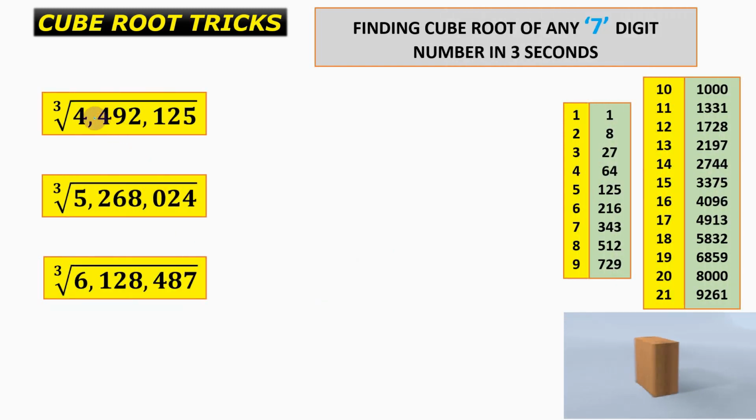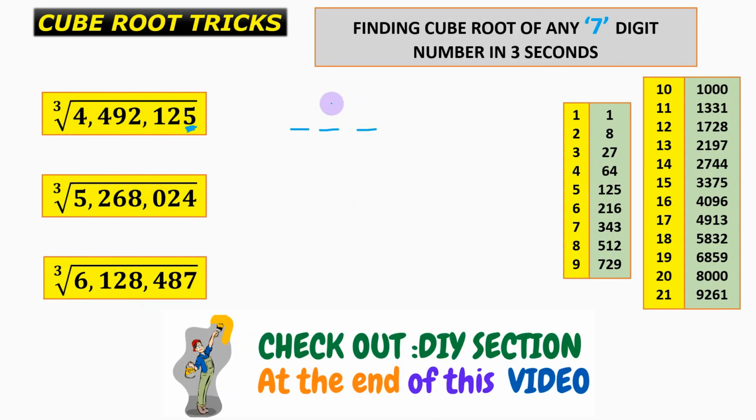Now the next 3 questions, that is cube root of this number, again go for the unit place. So for the unit place, you must remember that the unit place 5 occurs over here when the unit place of the cube root is equal to 5. Discard these 3 numbers, and now we are left with 4492, which lies between the cube of 16 and the cube of 17. So again picking the smaller number, that is 16, we get our answer,